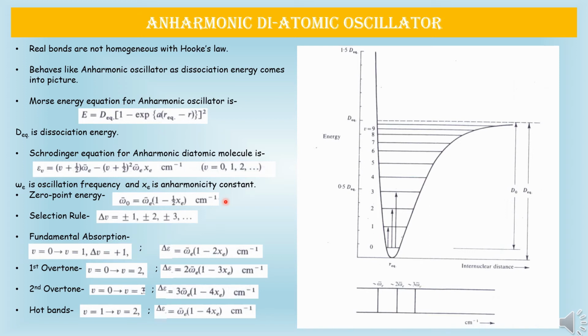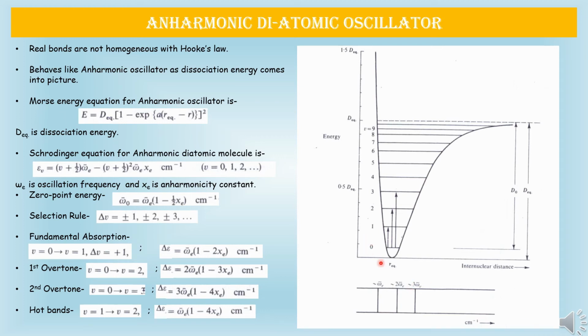the slide. The selection rule of the anharmonic oscillator differs. In the harmonic oscillator, it is only plus minus 1, whereas for the anharmonic oscillator, it is found to be plus minus 1, plus minus 2, plus minus 3, etc. The order of spacing between levels is 10 to the power 3 centimeter inverse, which we have already known from our previous discussion. Now the spectral lines from this anharmonic model we can see that for the 0 to 1